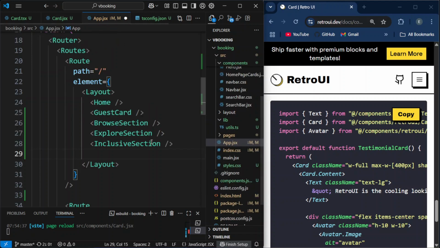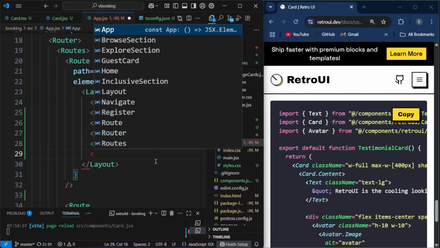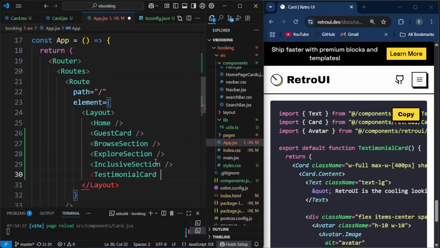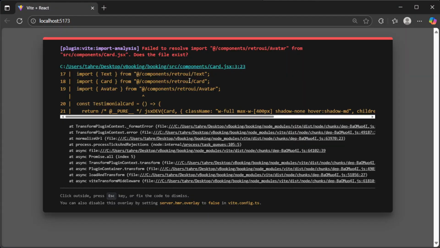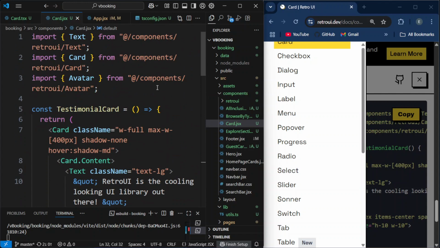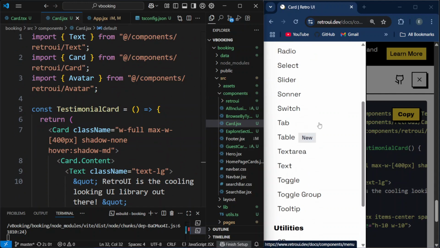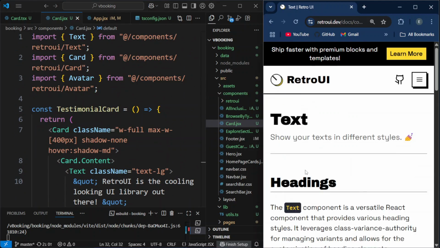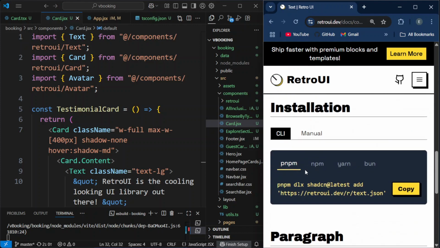Now inside our app.jsx we will import it. So it is testimonial card like this, and save it. Open up the browser. Okay, and inside components we also need card and avatar. So what we can do is, if we go inside card.jsx, as you can see, we also need text and avatar. So let's go to text, select npm and copy it,